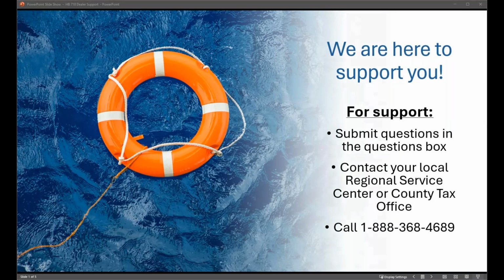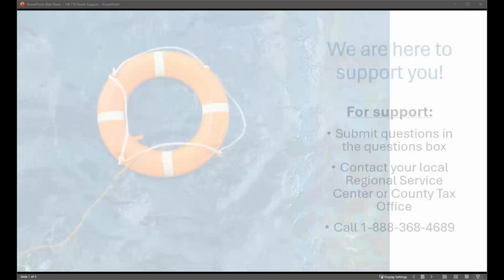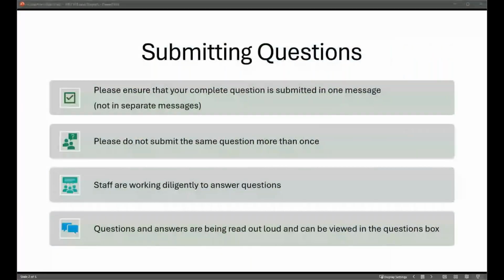If you do have specific questions regarding that, or to check the status of that, to ensure that your license and everything has been approved and you're on the list to receive those plates, you can reach out to dealer_allocations at txdmv.gov for further assistance.